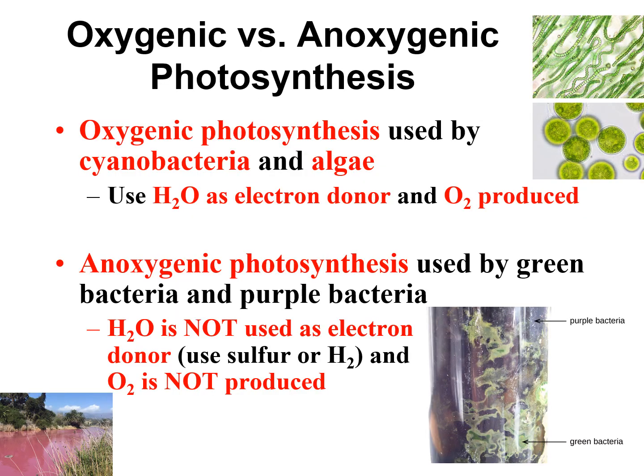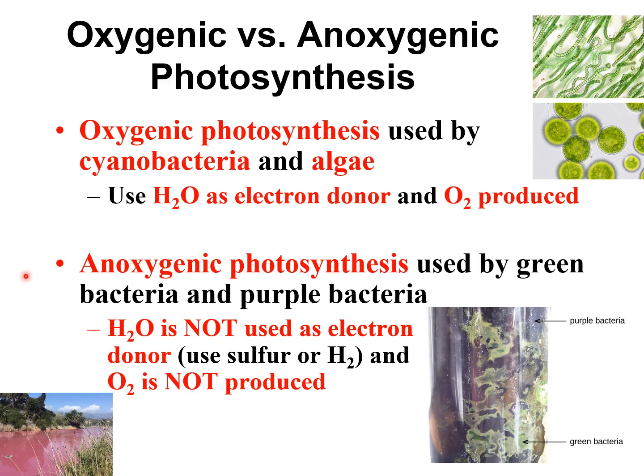Okay, and there's actually two different types of photosynthesis. So the type that you've learned about before we call oxygenic photosynthesis. So oxy is talking about oxygen and gen means to produce or create. So this is the photosynthesis that creates or produces oxygen as a waste product. So this is what we're used to thinking about when we think about plants doing photosynthesis, and this is the